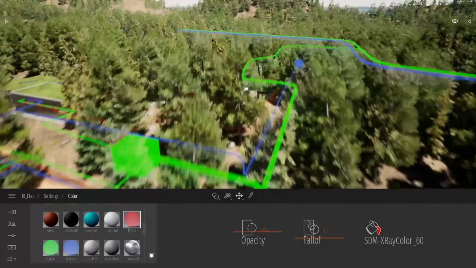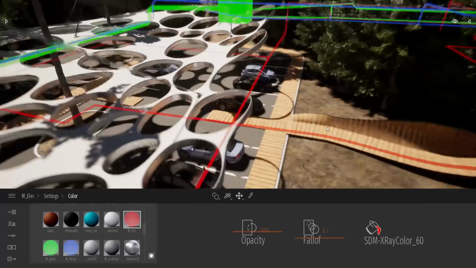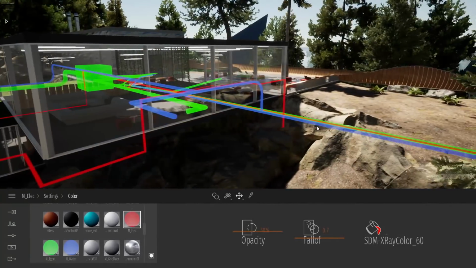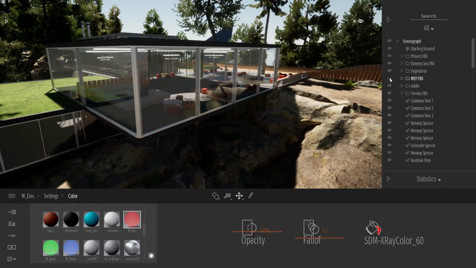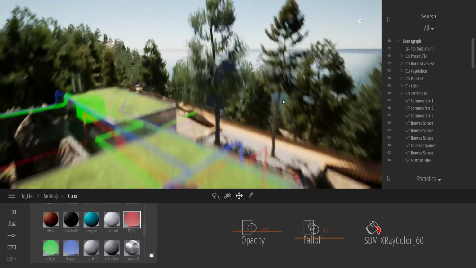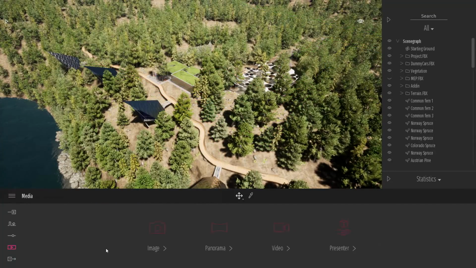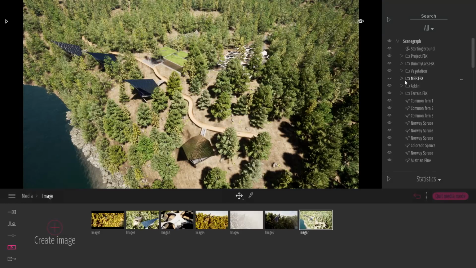And here now I can navigate through my project. I can see where the pipes are going, where the electricity, where the vents are going, while making my project review with my clients. And since in Twinmotion there is a layer system, you can just turn that on and off. You can also plug that inside your media. So if I come back to my images, I can create this first image without the MEP. I can unhide my MEP and create a second image. And here I've just got two times the same point of view, but with and without my vents and pipes.